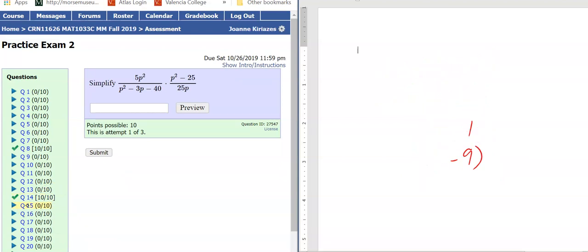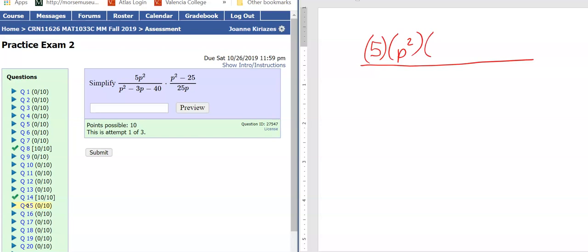This time we're multiplying. Well, multiplication of fractions, we know that you just multiply the numerator times the numerator and the denominator times the denominator. So that's the same thing as saying 5 times p squared times, and I'm going to go ahead and factor the numerator, p plus 5 and p minus 5. That's p squared minus 25. That's what this is, this area in here. All right, so we factor those, and then the denominator,